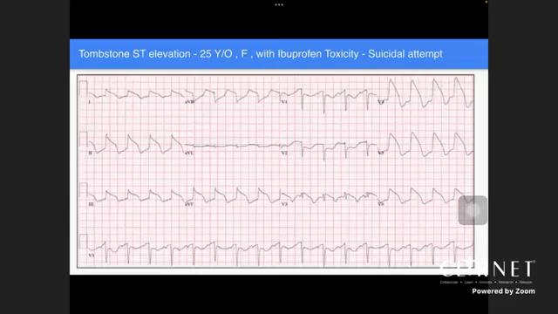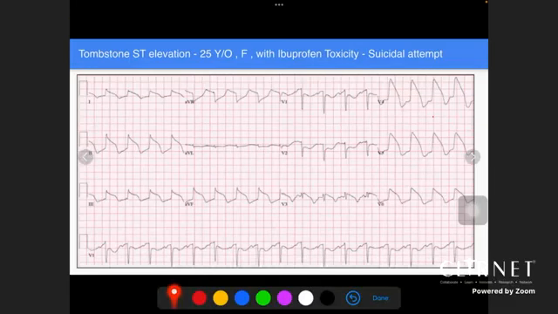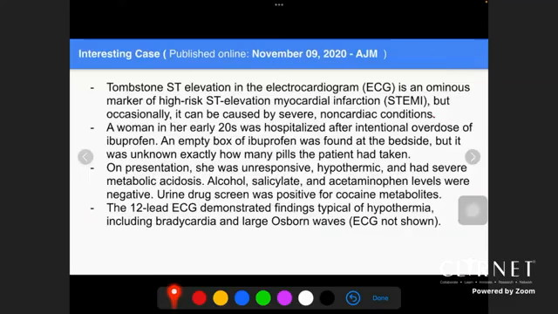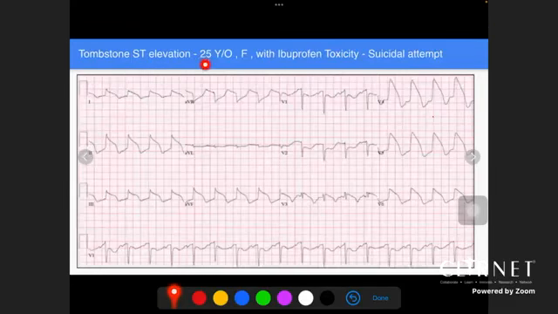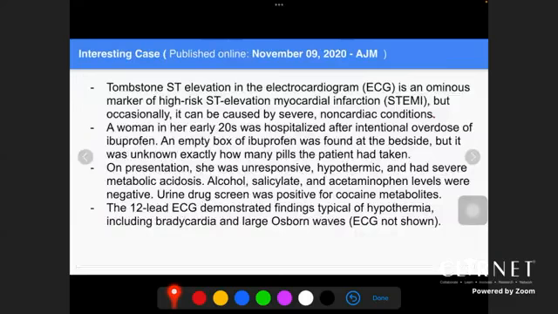So you can see here there is tombstone. Some will call it shark fin also. This is actually a case that has been presented in the American Journal of Medicine 2020. This is a 25-year-old female with ibuprofen toxicity. You can see here how the ECG looks. It's very horrible. Tombstone, some will call it shark fin. And actually, it was not ischemic. They thought it is STEMI, but after angio, it turned out to be not STEMI, and